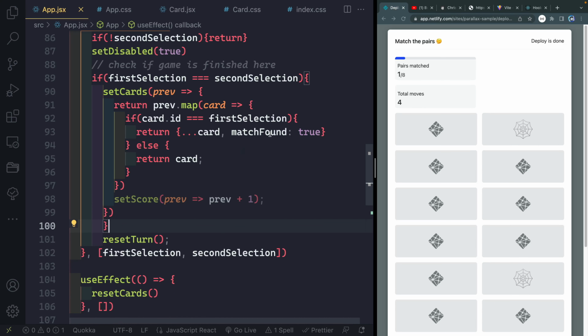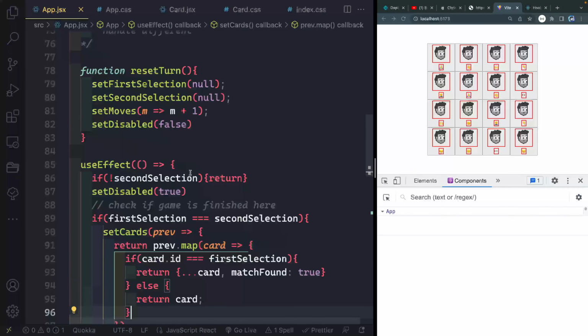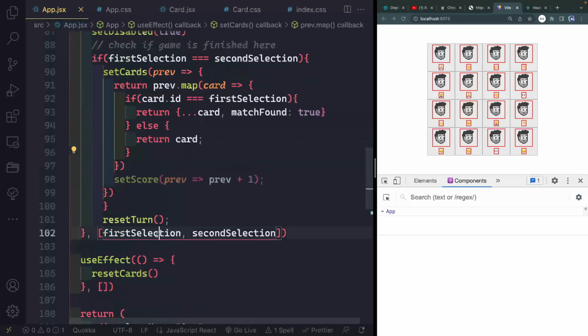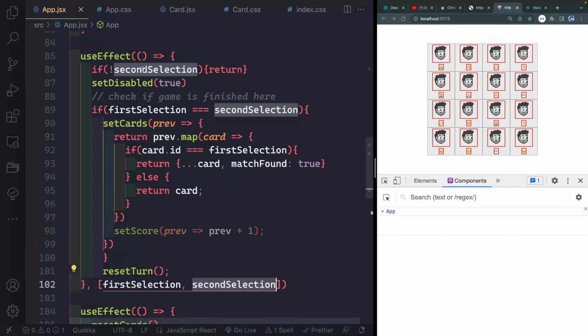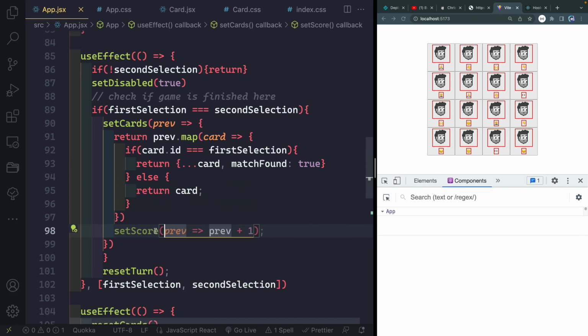All right, okay, so let me talk through that, assuming that it works. What I'm doing is every time the cards are changed at all, or the first or second selection are changed at all, I'm checking to see if the second selection exists. If it doesn't, there's no point in comparing them, so I just jump out of here. If it does, then the first thing I do is set disabled to true for everything, so that they can't click anymore. If they're the same, I loop through them all and figure out if any of them match this. There should be 2 that match it if they're the exact same, and it should change those to true. At that point, I set the score to 1 plus whatever it used to be,